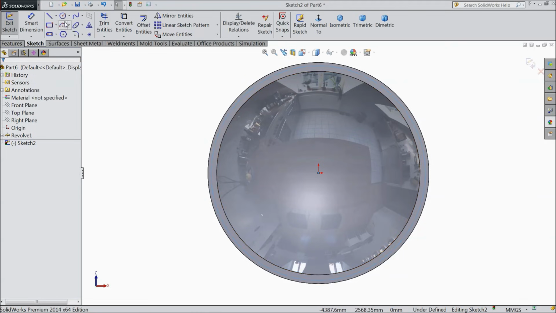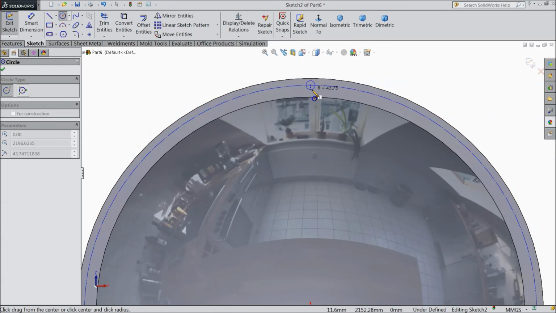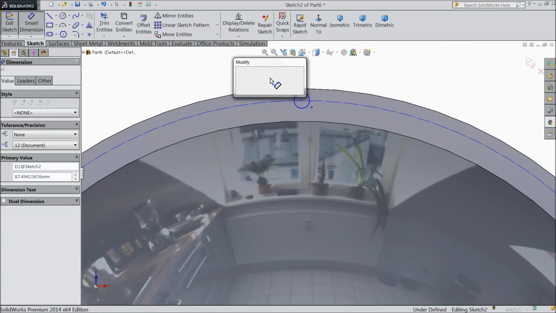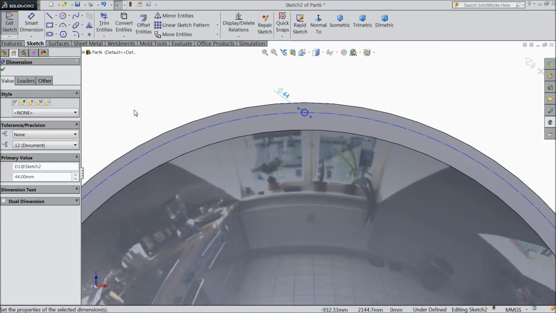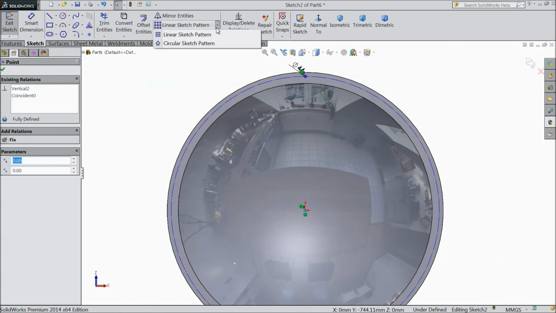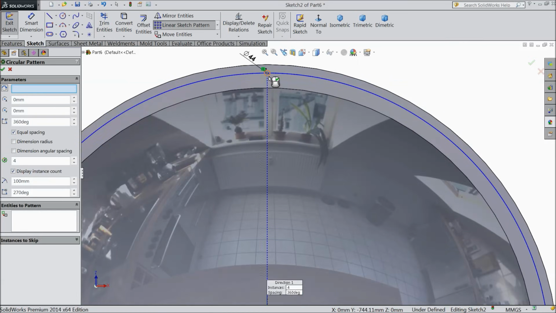OK. Now again choose circle and draw one circle and keep the diameter 44 mm. OK. Now select the center point. Select here circular pattern. Now select this small circle, 360-degree equal spacing, and we want 30 holes.